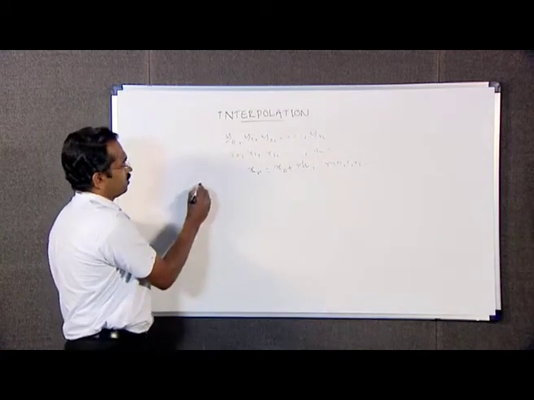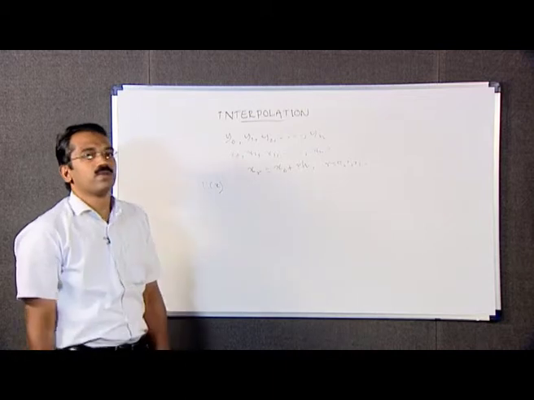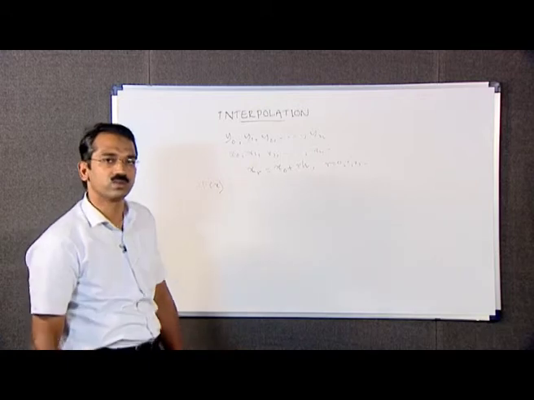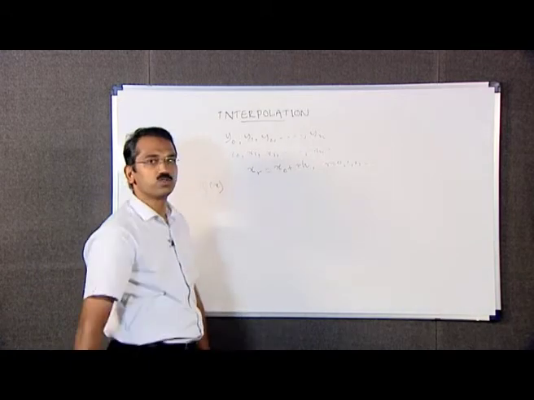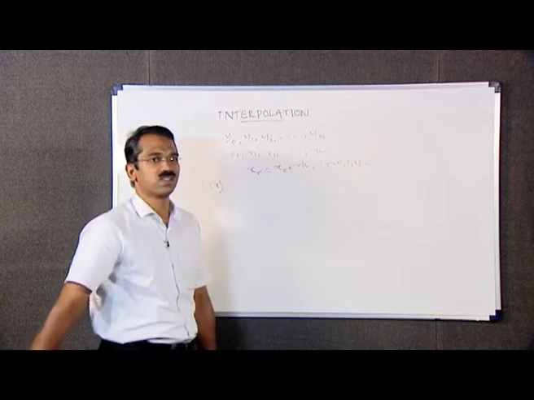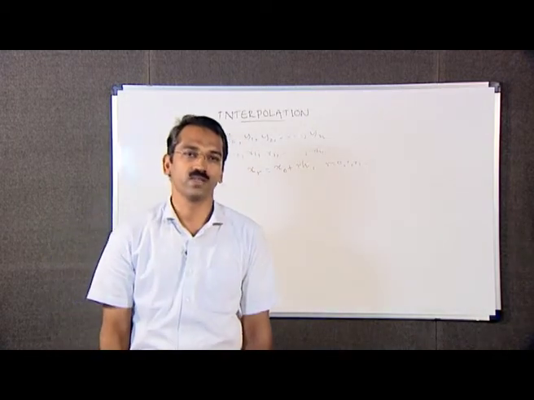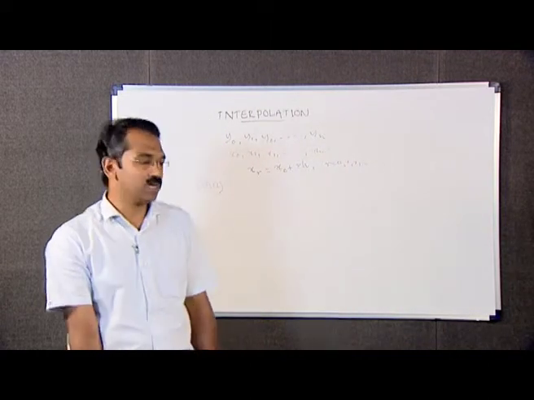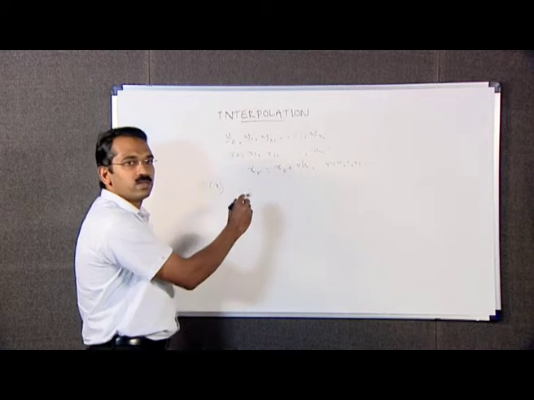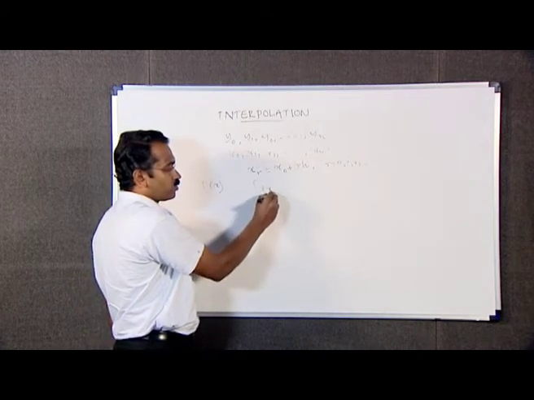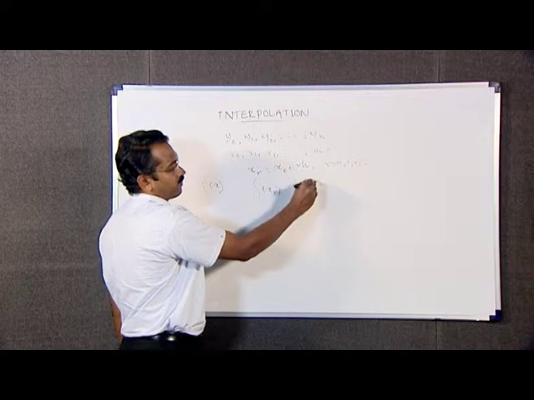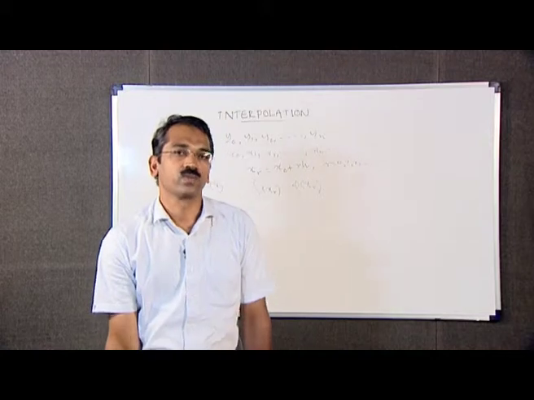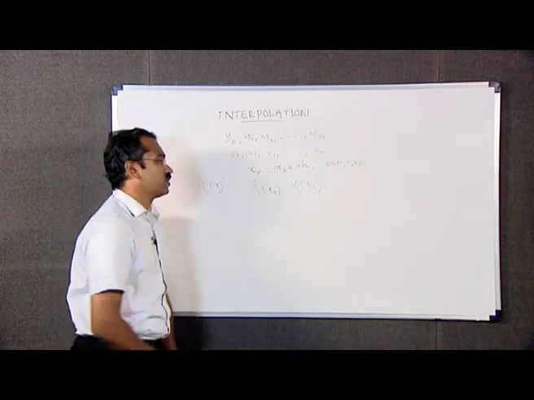Let phi of x be a polynomial of nth degree in x, taking the same values as y corresponding to these values of x, that is x0, x1, etc., xn. Then phi of x represents y equal to f of x such that f of xr is equal to phi of xr, for r varying from 0, 1, 2, 3 up to n. We may write f of x as